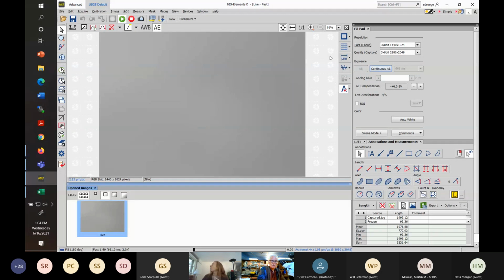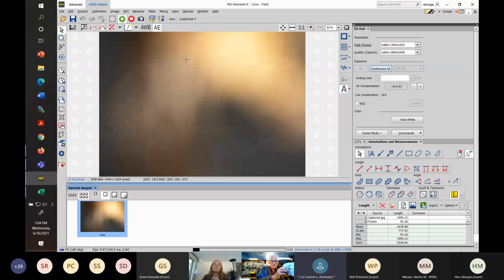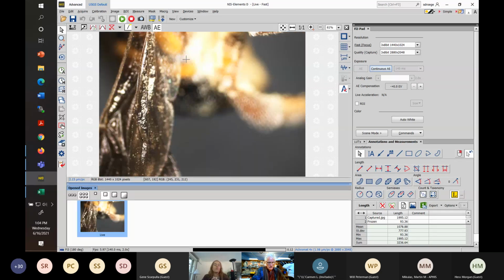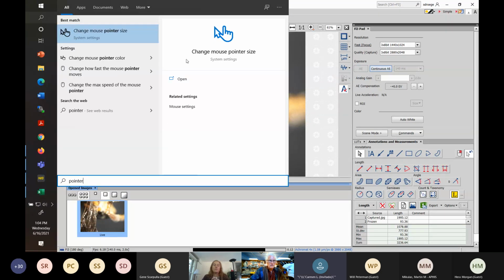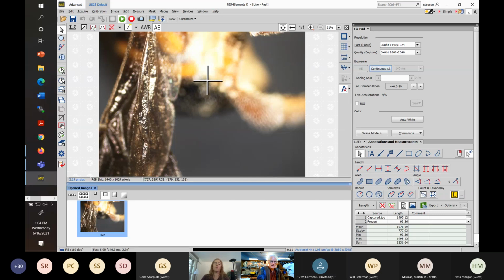For Anthidiellum, I also want to show you, we talked about this last time, the marginal cell. It's not necessarily one of the things you have to have for Anthidiellum, but we talked about the marginal cell. Oh, wait, I can boost up my pointer size again, which I know was useful. Let's see if we do this and go to pointer, change mouse size. Sorry for not doing this beforehand. There we go. And now we can go back. Okay, so we're looking at an Anthidiellum,